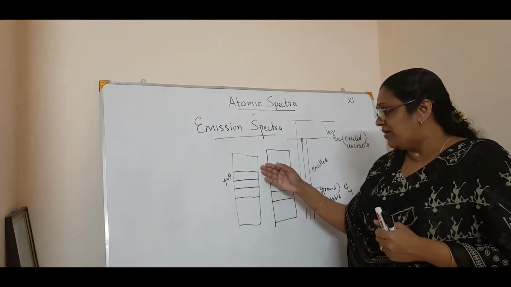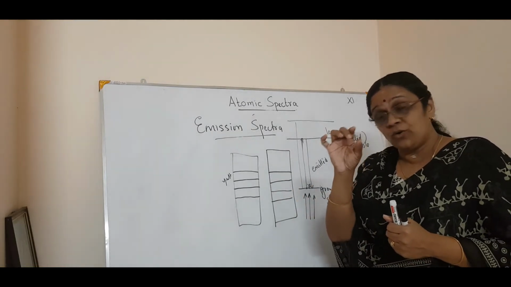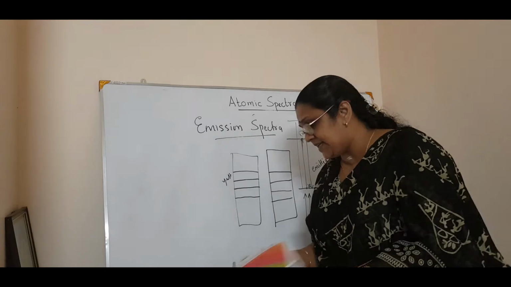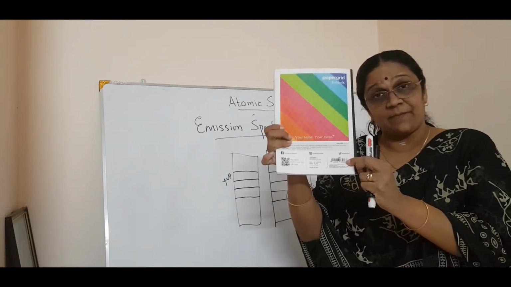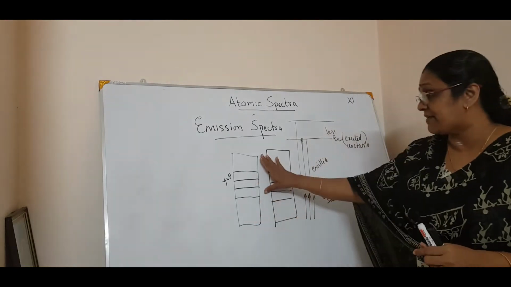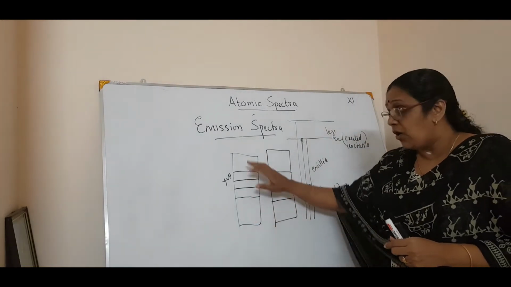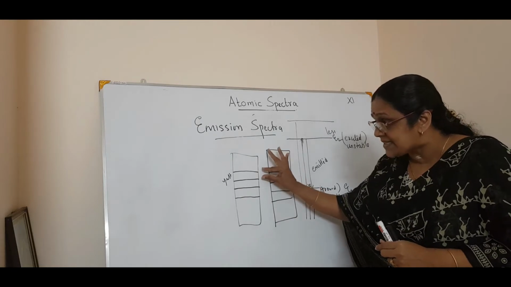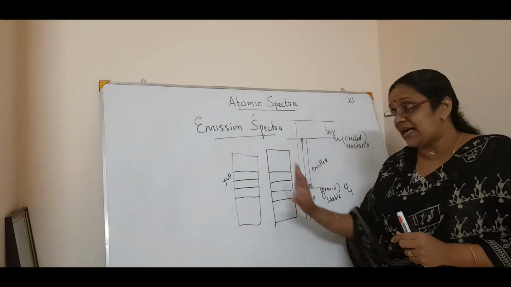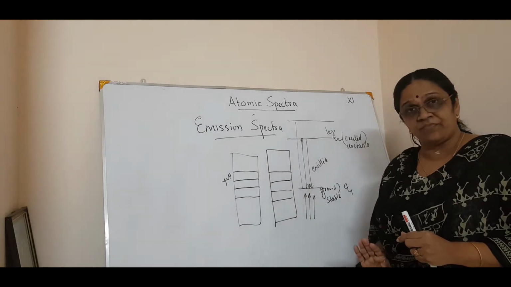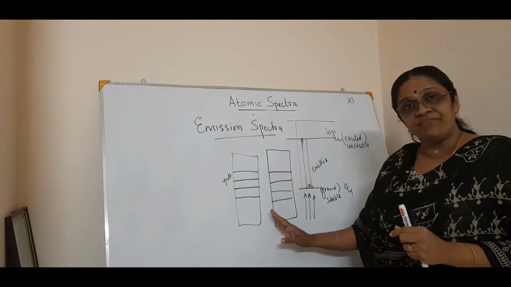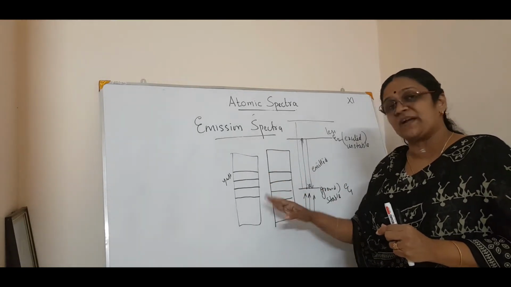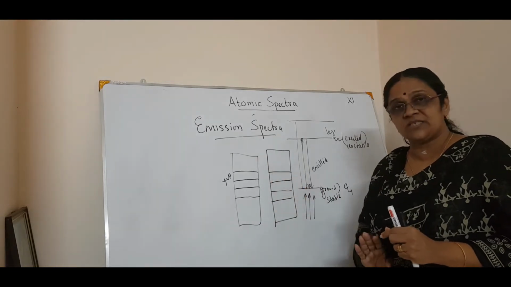You got it? The one which you see in your notebook, it's like a barcode. Like the barcode in your notebook, where lines are there. So that is an example of an emission spectrum. That is, bright lines appear on a dark background, or the two lines are separated by a dark space. The radiation which gets emitted is recorded on a spectrograph or spectrometer. This is called an emission spectrum.